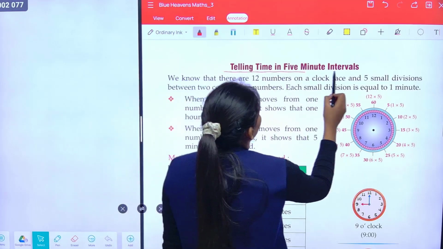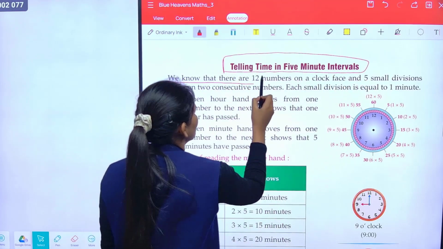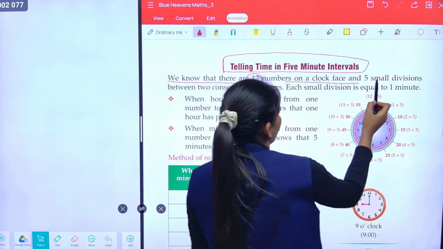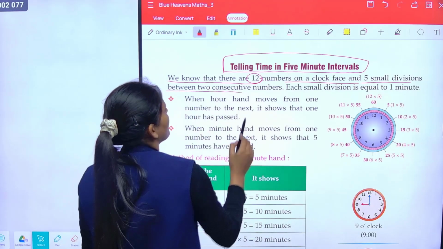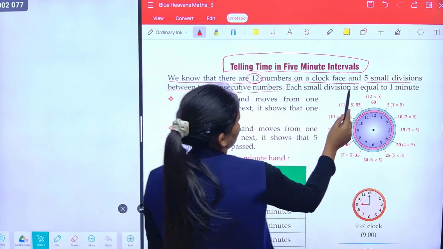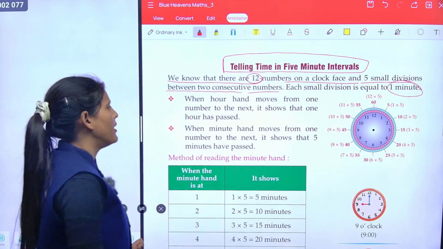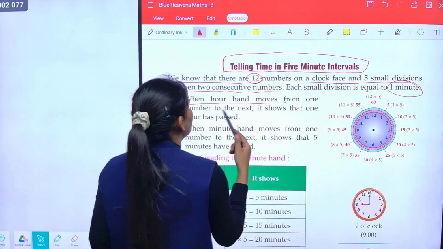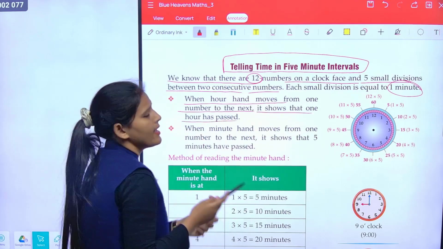Telling time in 5 minutes interval. We know that there are 12 numbers on a clock face. There are 5 small divisions between 2 consecutive numbers. Each small division is equal to 1 minute. When our hand moves from one number to the next,